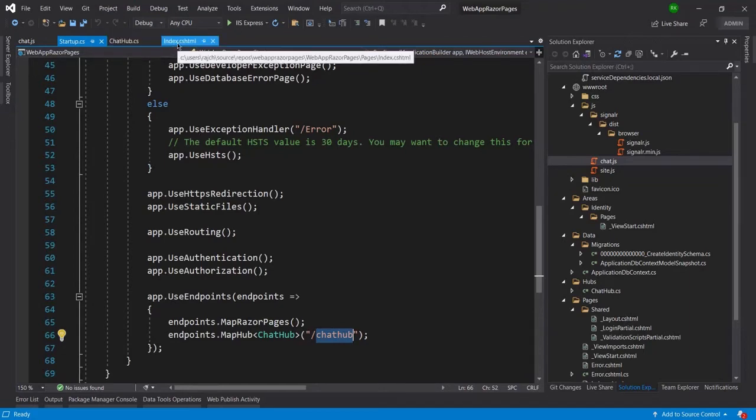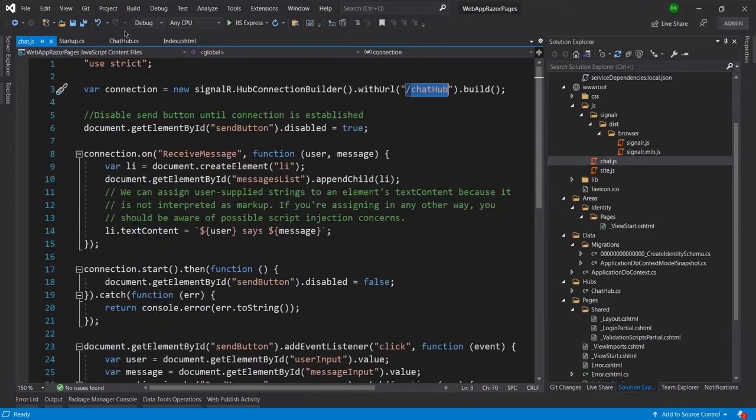And you can see inside chat.js, at the initial time the send button is disabled. Whenever the connection is connected with the method, it will create a list item HTML element, and that list item will be appended to the message list.